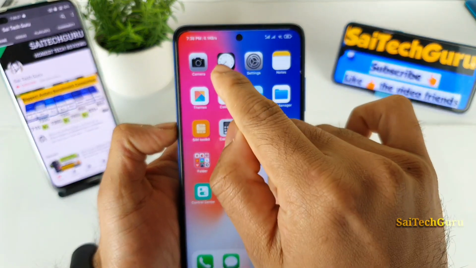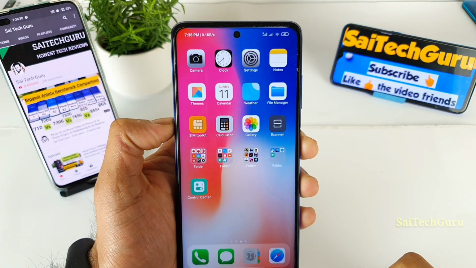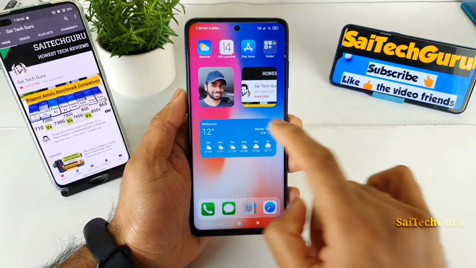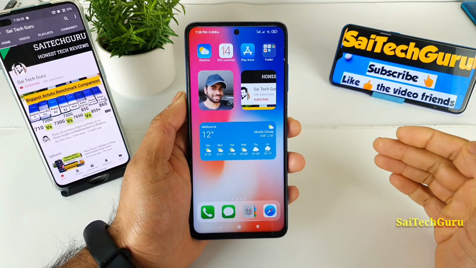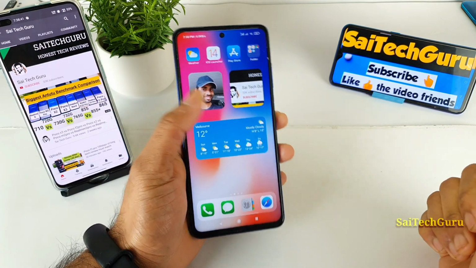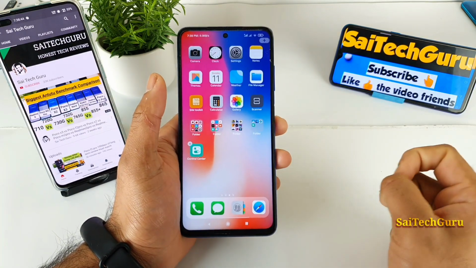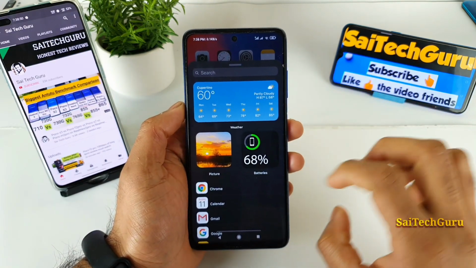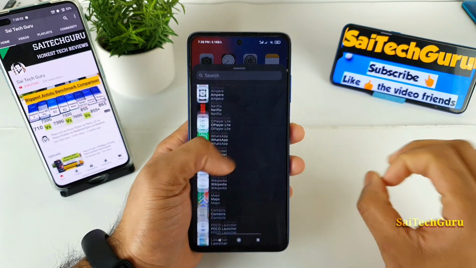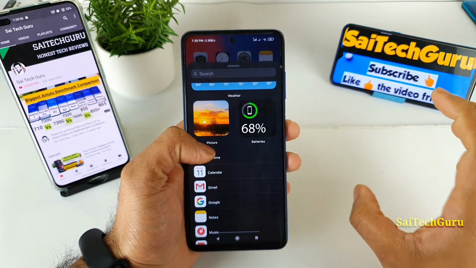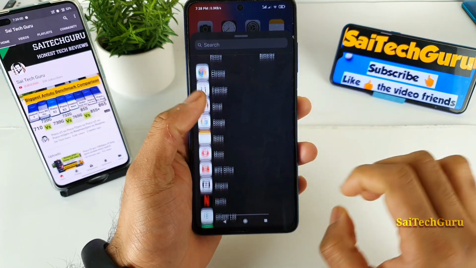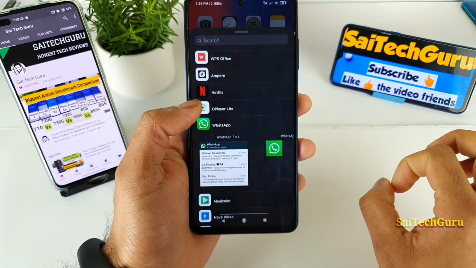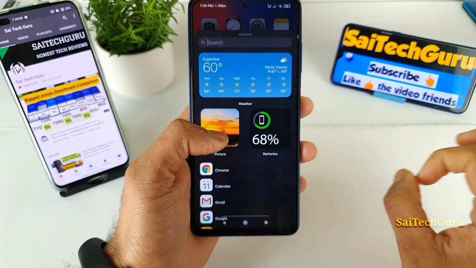Next, I like this kind of animated clock here, which is very good and attractive as well, and shows you the real-time clock every time. That's another good thing. Next, you can add widgets as well. That is another best advantage of using this iOS launcher. You need to long press here and you will get this plus icon. Once you get the plus icon, you can access individual widgets for each and every application. This is a very good and useful feature, because if you want the widgets of WhatsApp, you just need to search for the WhatsApp application and it will show you all the related widgets at that place. That's a very good and futuristic option which I particularly like.